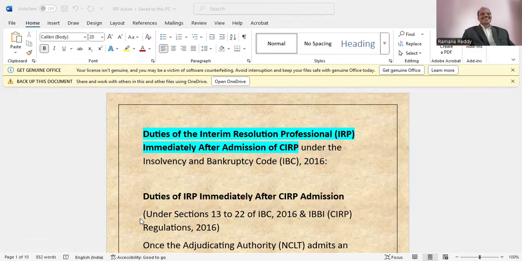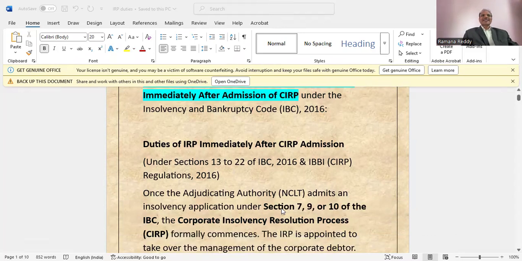Now we are discussing the duties of the Interim Resolution Professional, IRP, immediately after the admission of CIRP. This is under the Insolvency and Bankruptcy Code 2016. So, duties of IRP immediately after CIRP admission under sections 13 to 22 of IBC 2016 and the IBBI CIRP Regulations